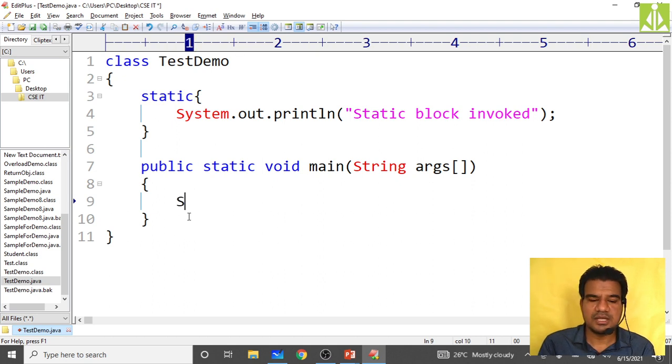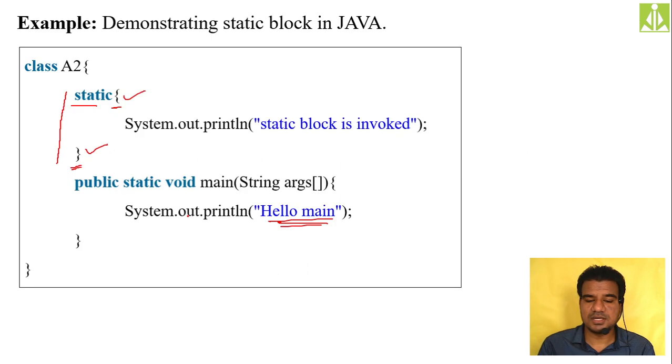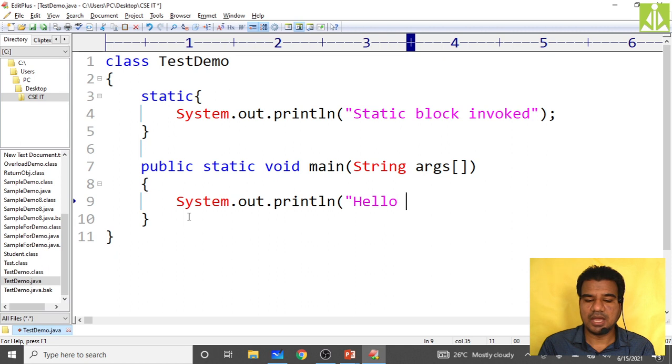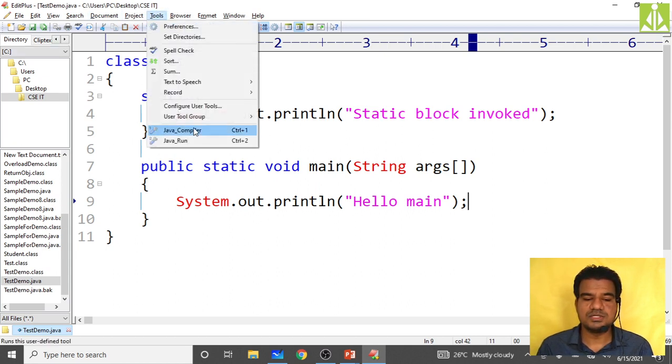I am keeping another System.out.println statement, System.out.println of "hello main". Now you save this program, and just go and compile the program from Tools, Java compiler.